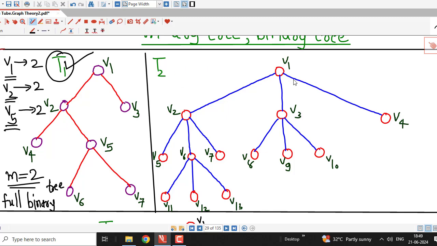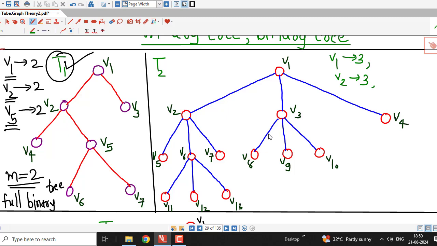Now we check for T2. First we find out internal vertices and their children. So we start with V1. V1 is an internal vertex. It has V2, V3 and V4. V1 has 3 children. Then V2 is also an internal vertex having V5, V6, V7. There are 3 children for V2 also,